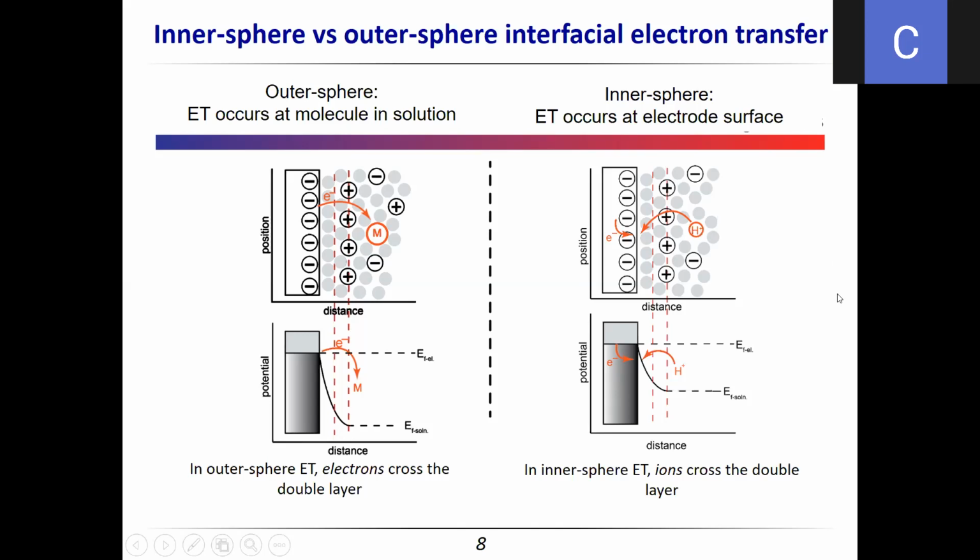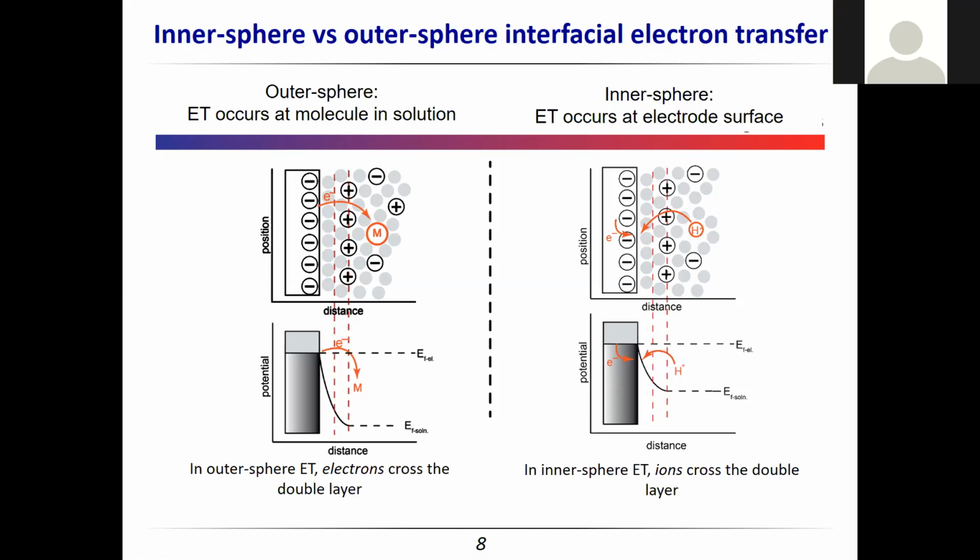Maybe you'll get to this, but is there a preferred mechanism for electron transport in these systems? Yeah, so it depends what you're trying to do, and we will get to this in the context of catalysis in particular. They have pros and cons, and yeah, we'll come to that. That's a great question.